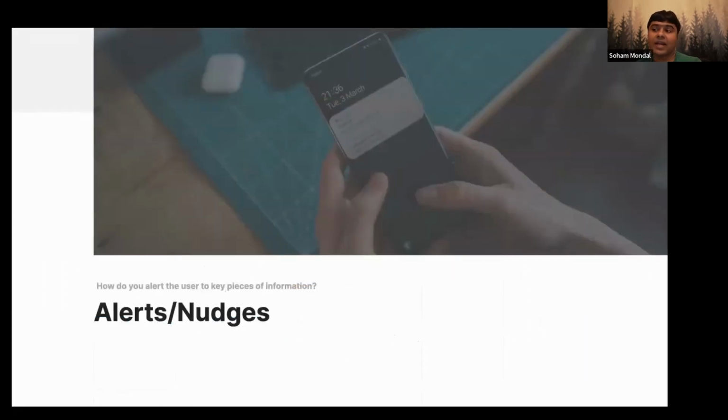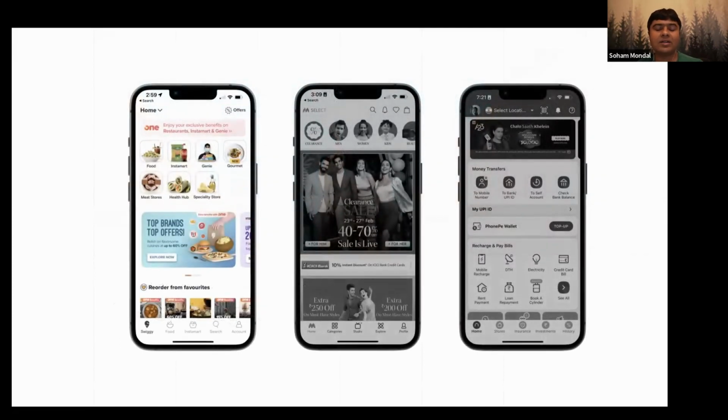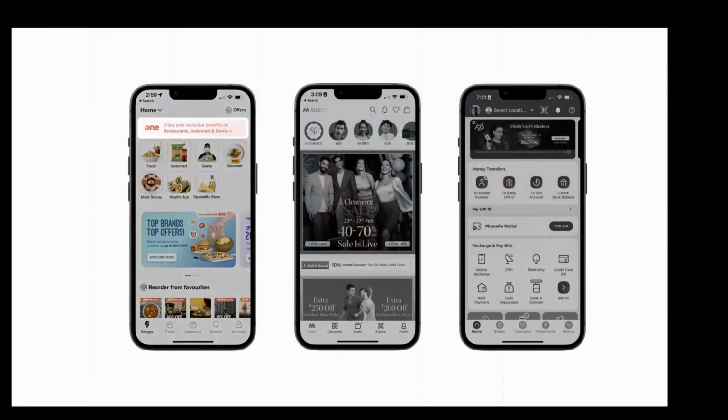Another thing that might be useful to you is alerts and nudges. A lot of people design home screens but don't think about alerts. Now, alerts and nudges can happen in various ways. In Swiggy, it's very interesting. They don't even have an option for notifications anywhere. If you're chatting with customer support, it comes as an overlay, but they use the remainder of the page very, very interestingly. If you want to alert the user about the benefits of one plan or some other offer,